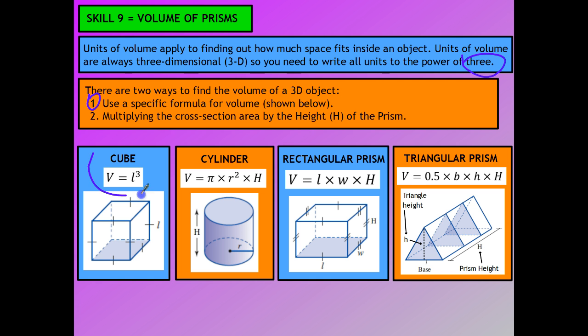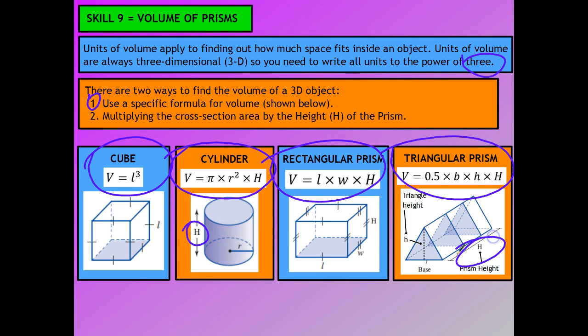We have the volume formula for a cube, V equals length to the power of 3. Volume for a cylinder, volume equals pi times r squared times h, where h is the height of the cylinder. Rectangular prism, volume equals length times width times height. And volume of a triangular prism, where the volume is half times base times height times the prism height, or